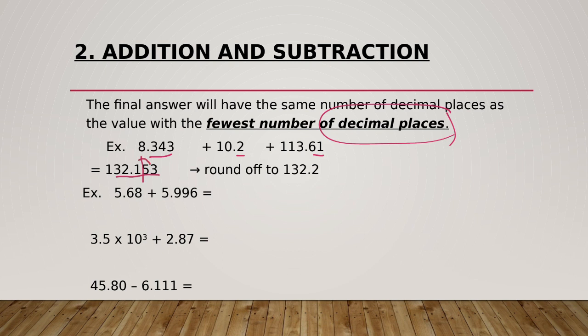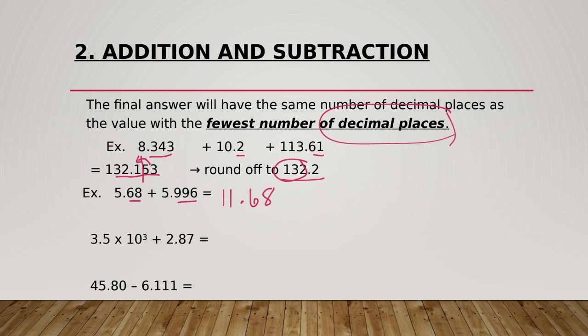There's a 5 after the 1. It's going to cause us to round up. We end up with a final answer of 132.2. Doesn't matter how many values you have before the decimal. Doesn't matter how many significant figures. It matters for the number of decimal places. So the next example, I have 2 decimal places there and I have 3, which means I need an answer to 2 decimal places. So we're going to add these up. And the calculator gives me 3 decimal places, but I know I'm not paying attention to that. I'm paying attention to the rules, and I'm going to round to